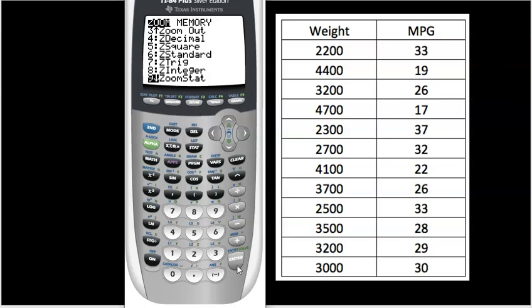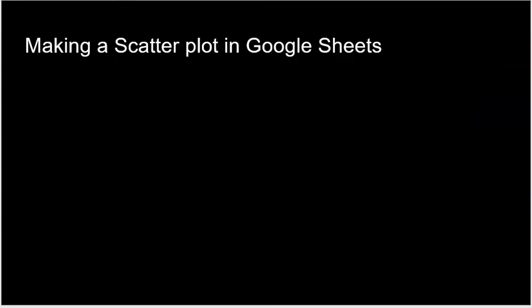So zoom number 9, zoom stat, and boom, we got ourselves a scatter plot. So we can clearly see a negative, linear, fairly strong relationship. As the weight of a car goes up, the gas mileage for that car goes down. That's a negative relationship. All right, so using your calculator is pretty cool, but what's even better is using Google